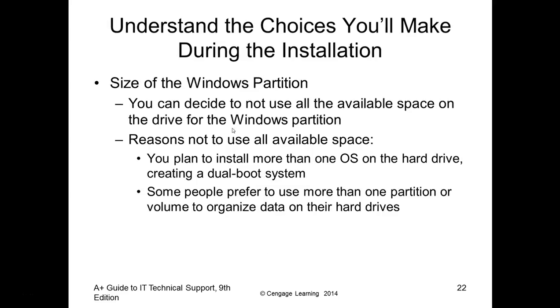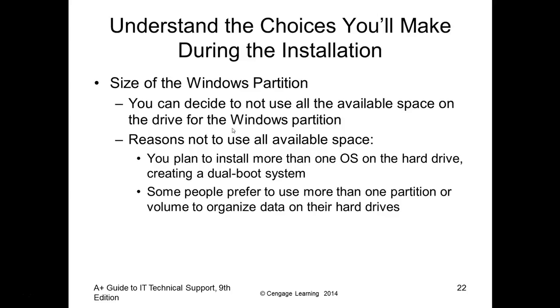Okay, so looking at some of the choices you'll have to make during the installation. Okay, one is partitions. If you decide to do partitions, you need to decide how big you want these certain partitions. If you have a 1 terabyte drive, then do you want to make a C drive and a D drive? Okay, or do you want to make a Windows partition and a Linux partition? Okay, once you decide that, you really need to decide how much size you need. Okay, if you're doing Windows and Linux,